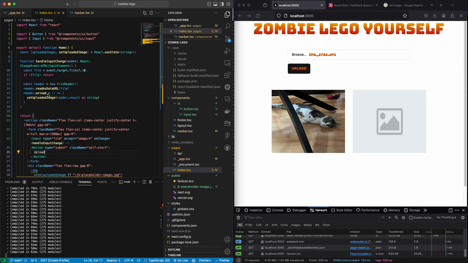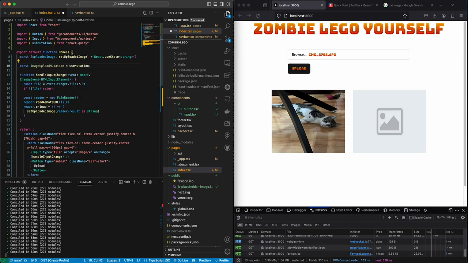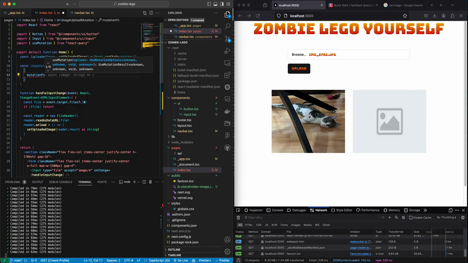Perfect. Now, because I said I wanted to use TanStack Query, so the React Query library, we're gonna have to create a mutation. So this mutation is gonna just send the file to the API route. So this one I haven't really rehearsed, so let's hope it's gonna turn out alright. Const image upload mutation is useMutation, and then we have the mutation function,